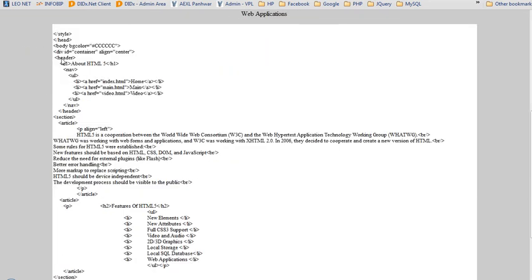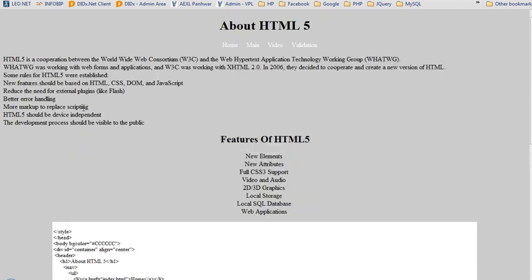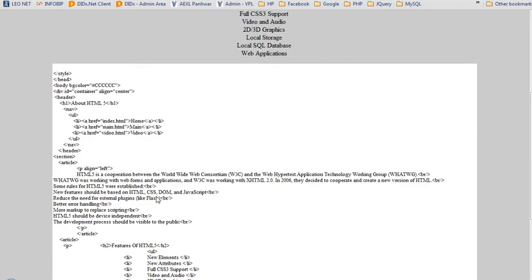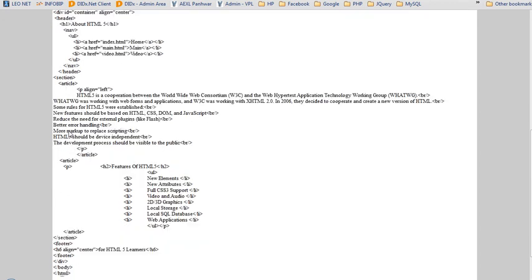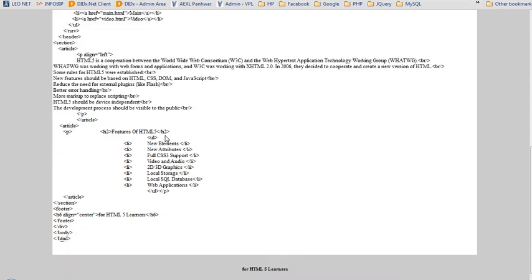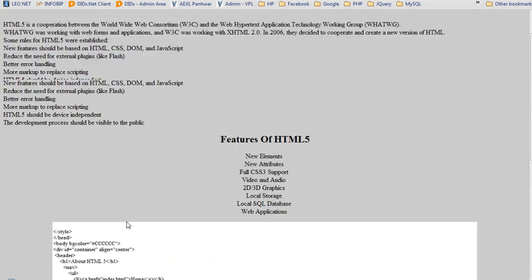We have to define a header tag, and within this header tag we have to define these navigation items by using order list, then a section which is our content section, in which you will define your content whatever you want, and within that section tag you have to define an article, and within that article you will define the text, whatever the text you want. And here in the end I have a footer tag, and within this footer tag you can write whatever you want to be placed in your footer.